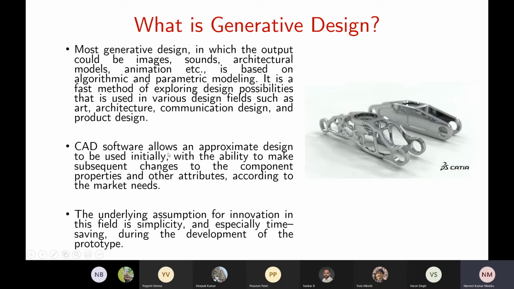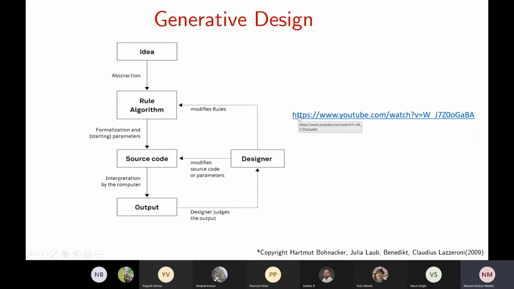So what you do, you design this chassis, and then you give different parameters. And how these optimized products are created, that's what I'll show you here. OK, let me give the idea about this. You have an idea, you want to create some object, or some building, or maybe some design, something like that.